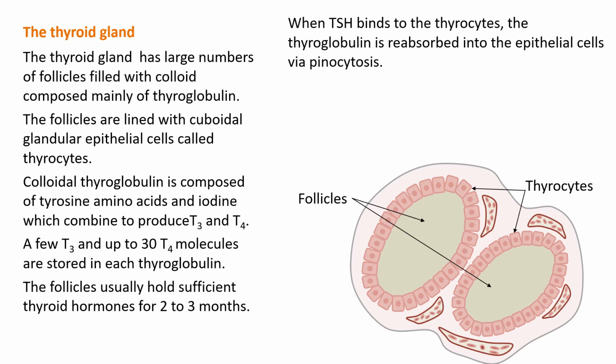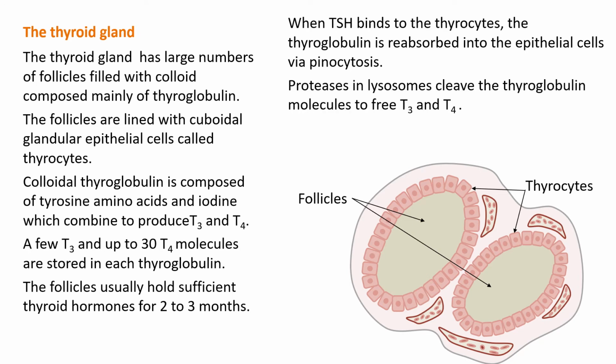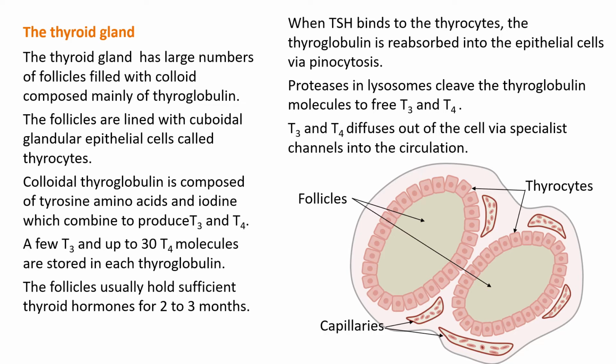So when TSH binds to the thyrocytes, what happens is the thyroglobulin is reabsorbed into the epithelial cells, into the thyrocytes, via pinocytosis, remember that was cell drinking, and then proteases in lysosomes within the thyrocytes cleave the thyroglobulin, and this frees up T3 and T4. T3 and T4 then diffuses out of the thyrocyte via specialist channels and into the circulation. When they get out,